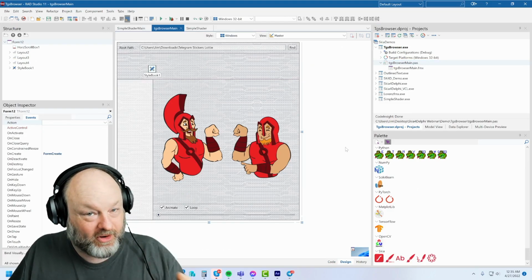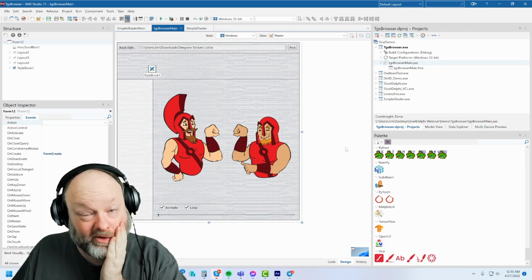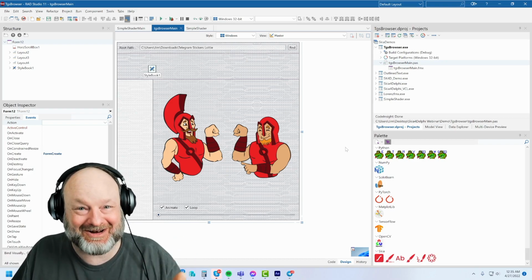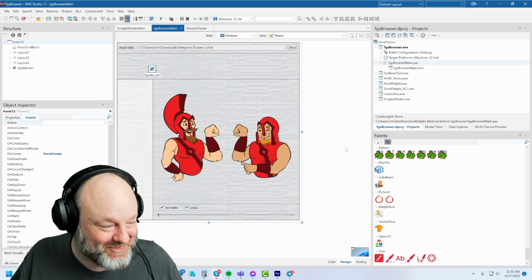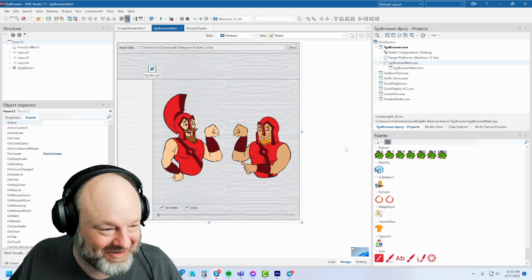Now, there are Lodi animation browsers available from their website download and that supports Telegram stickers, but they're terrible. They don't work. I was really frustrated. So I had to make one in Delphi to even be usable. So this actually is going to be useful beyond just as a cool Delphi demo, I think.